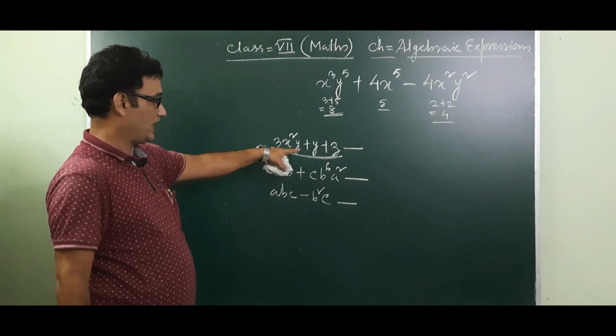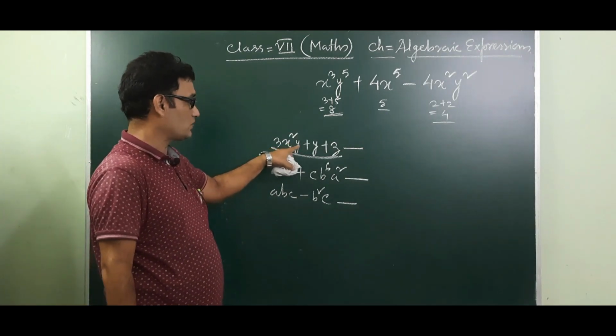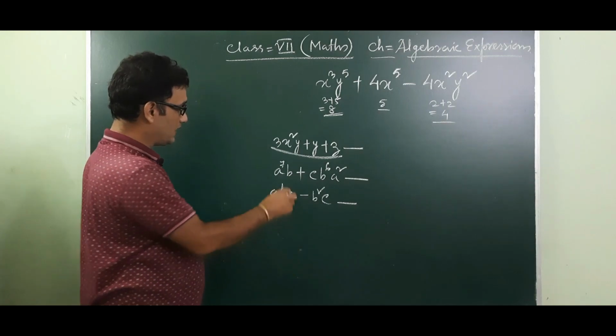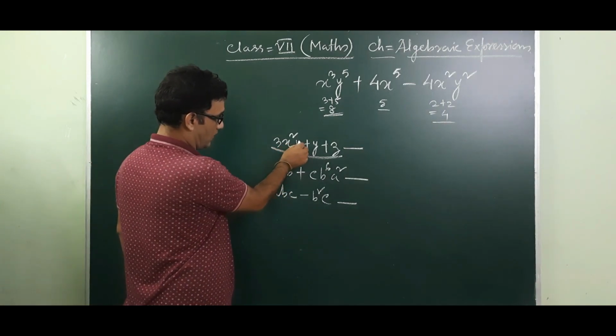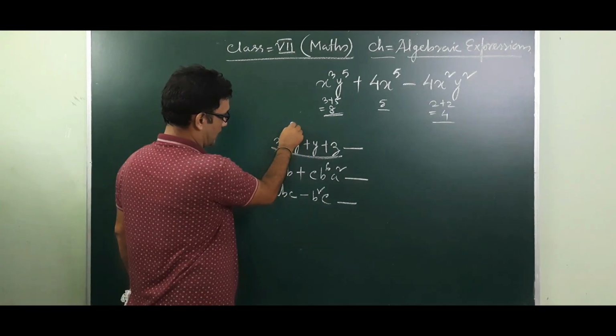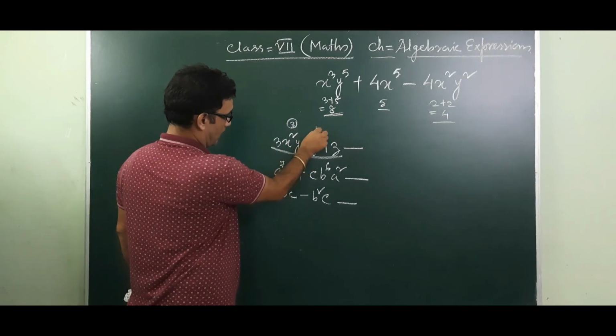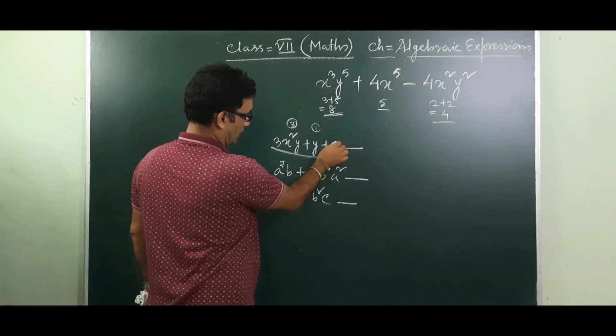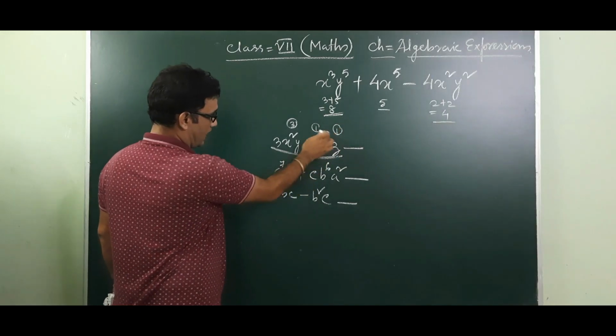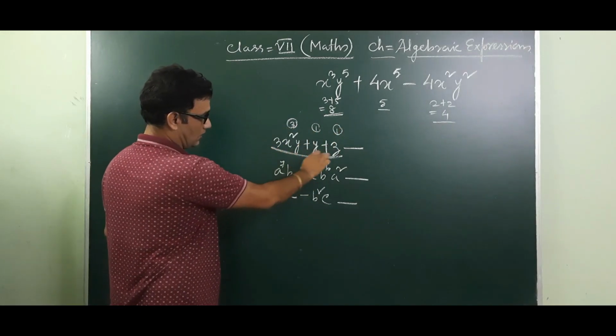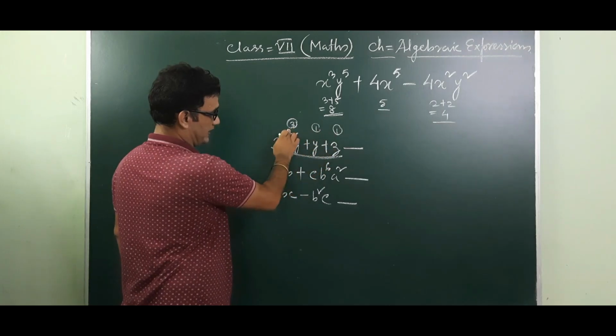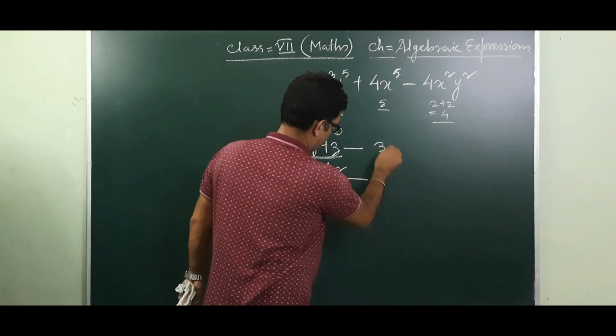Now you see here three variables are there, x, y and z. So how will you find out here? First 2, here 1, 2 plus 1 means I'll write here directly 3, here means 1, this one means nothing, means 1. So that means 1, 1 and 3. So the degree of that algebraic expression will be how much? Which one is greater? 3 is greater, so your answer will be 3.